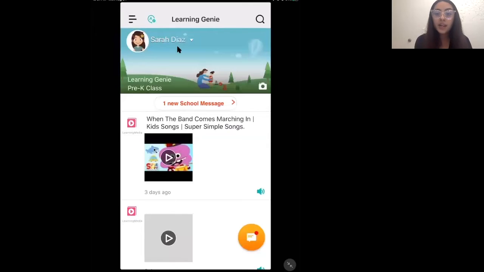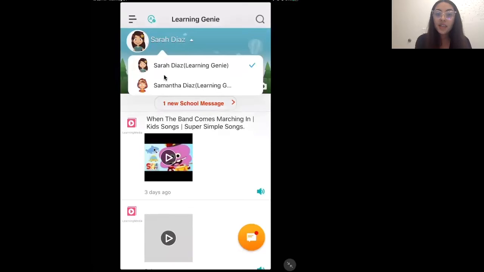So now that I added her in there, I added my other child, I can go into my home button. It's going to take me directly to my home screen. And if I click on this toggle, I can see here that Samantha Diaz has now been added. So there are my two little kiddos now. So that was really easy. The hardest part, I think, is just reminding yourself to go check in with your other child's teacher, so that they can give you that parent code, okay? All right, so going back to the menu toggle,